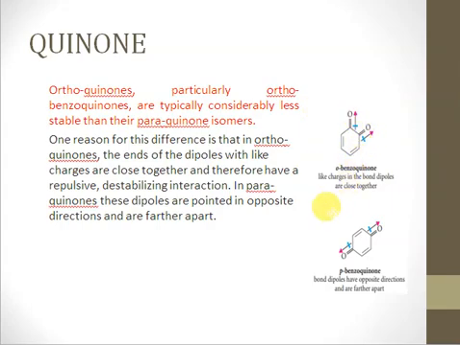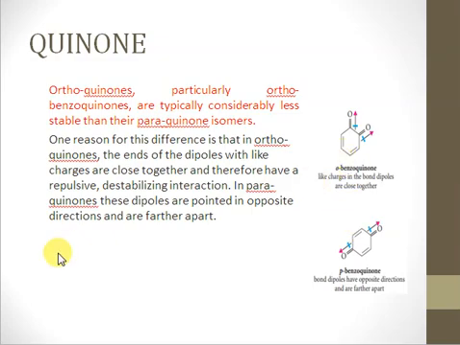Whereas if you see the para-quinones, here this polar bond and this polar bond, both of these are polar bonds, and you can see this carbon which is partially positive and this carbon which is partially positive. So these ends of like charges are very far apart, and they are in opposite directions, right? Because these same charges are at a greater distance, therefore the para-quinones are more stable